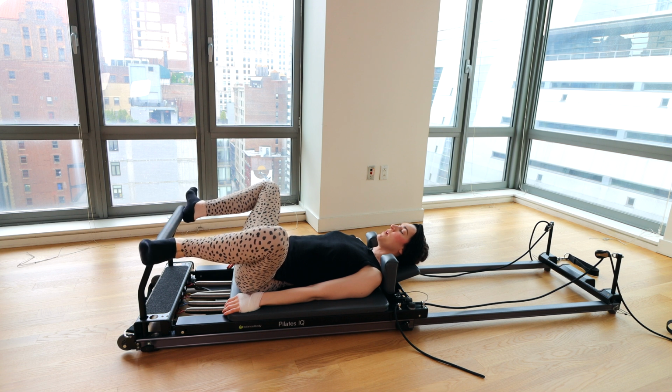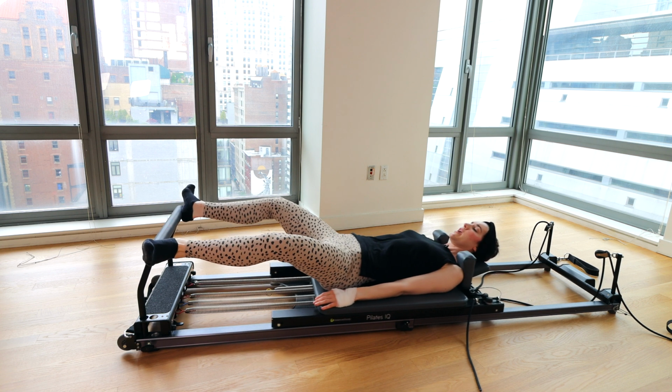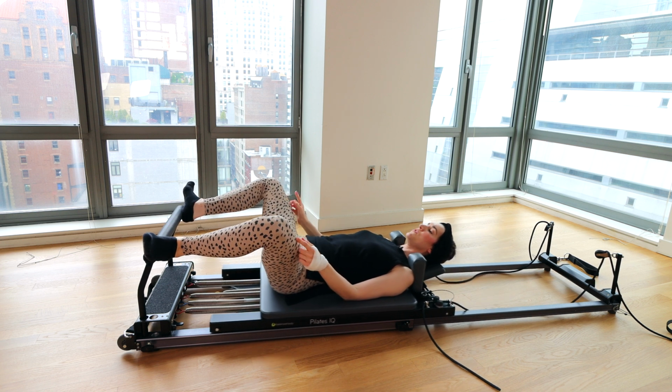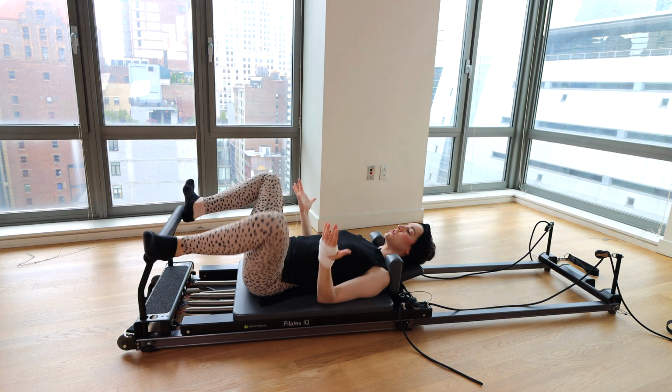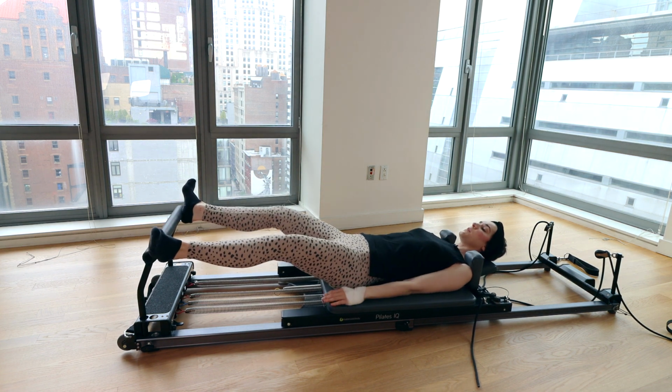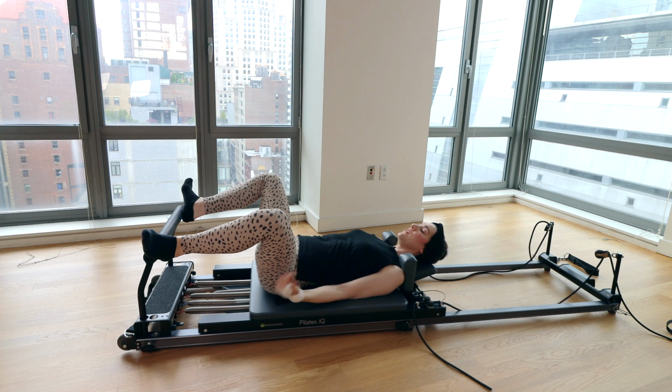We're going to take a big breath in. Exhale. Push away to straighten out the legs. Knees track right over toes. So you don't have to be in a really extreme turnout. It can be at about 45 degrees or wherever feels best to your body today, where we're taking those same concepts of